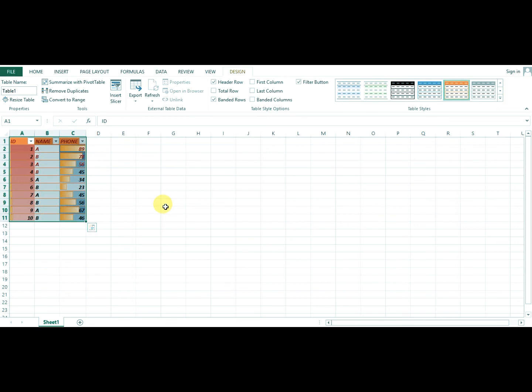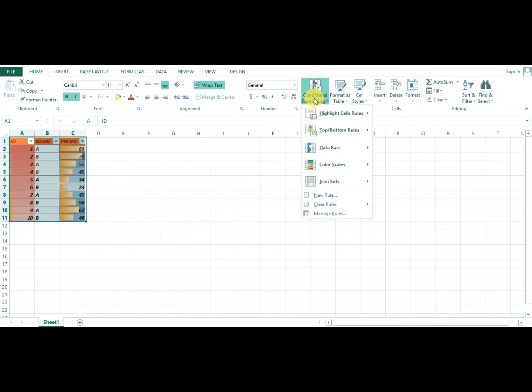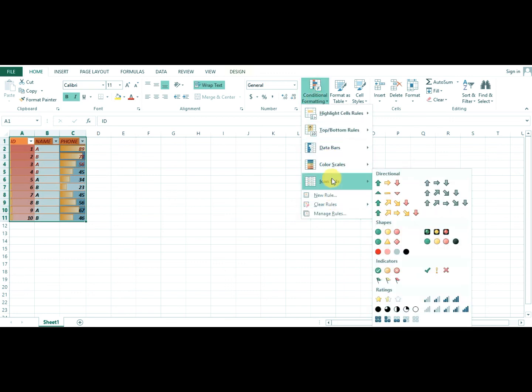Conditional formatting means making specified text, columns and rows colorful. Conditional formatting, and Icon Sets, you can see icon sets. You can use directional. Okay. You can use shapes, some shapes. This one. Okay.